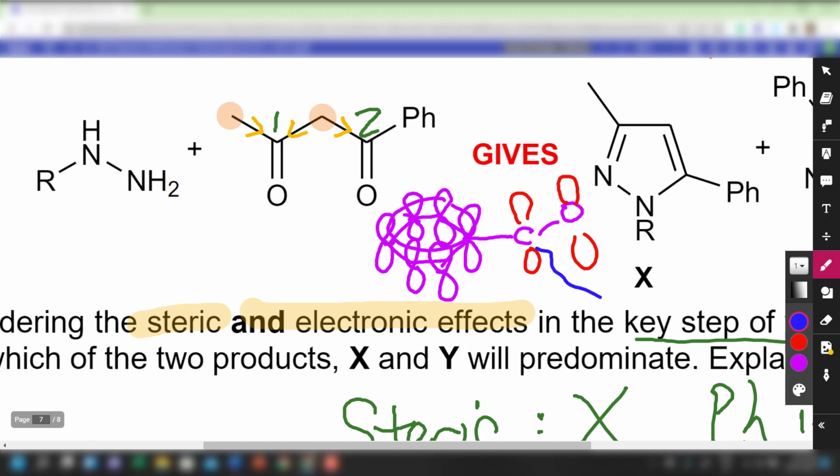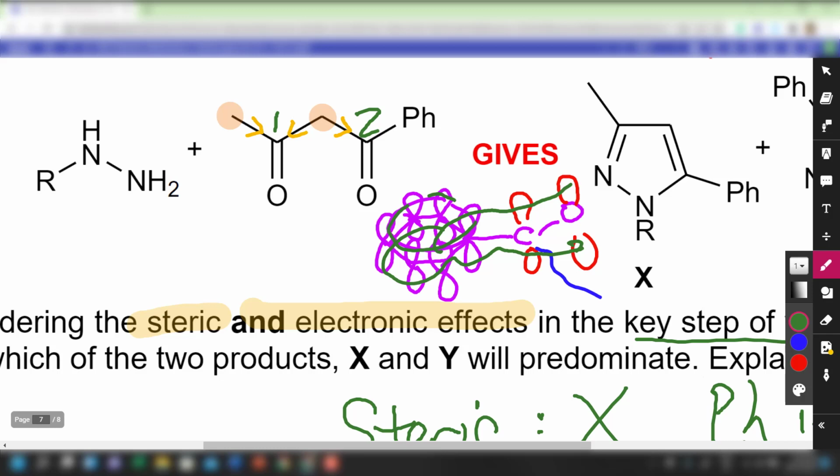Now the CO group is electron withdrawing, we all understand. And I have a large pi electron cloud conjugated to the CO group. So what do you expect the pi electron cloud to do? You expect the electron density over here to be withdrawn towards the carbonyl oxygen. So when the pi electron density is being withdrawn towards the carbonyl oxygen, it makes carbonyl carbon 2 less electron deficient as compared to carbonyl carbon 1. So it reduces the